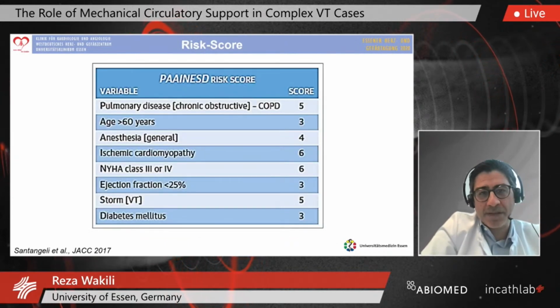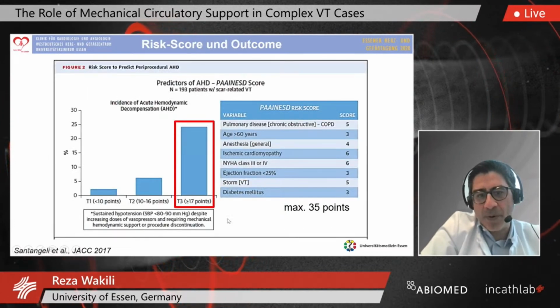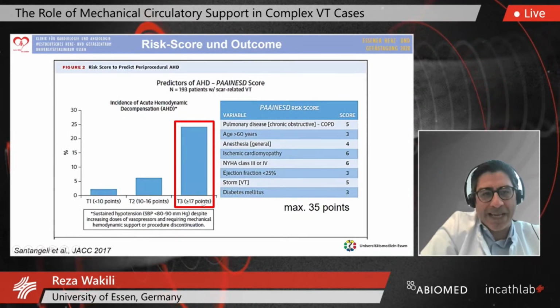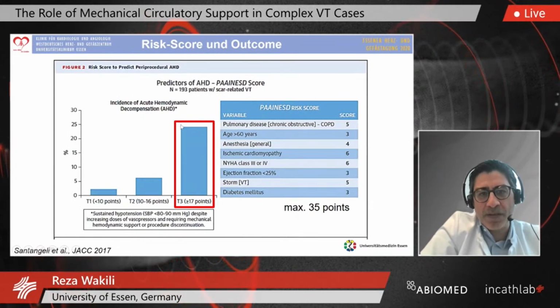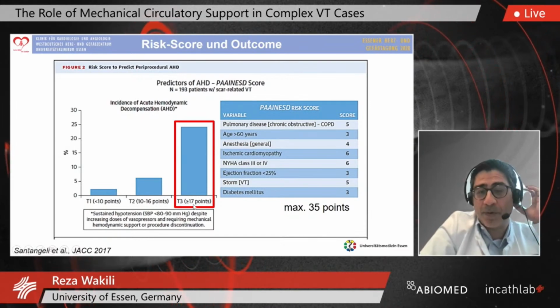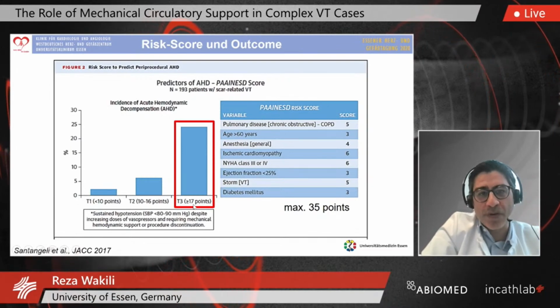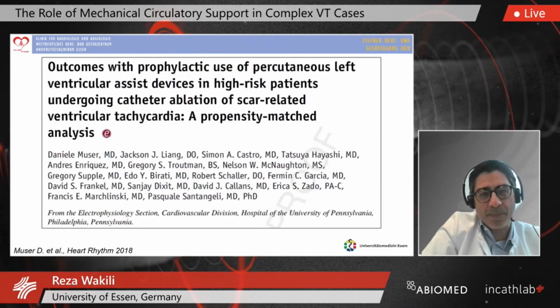So this is already mentioned, the PAINESD score. It's based on the McClinsky data. It's a point system with pulmonary disease, age, anesthesia required, ischemic cardiomyopathy, NYHA class, ejection fraction, VT storm, and diabetes. In the end, there are 35 points. And if you go above 70 points, as already mentioned, the risk of acute hemodynamic decompensation is significantly increased, up to 25%. So this should give you a red flag if you reach 70 points or more in a patient prior to VT ablation. You should really consider prophylactic Impella